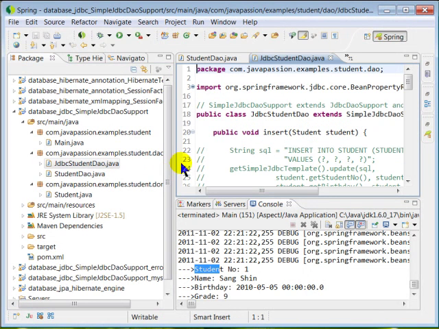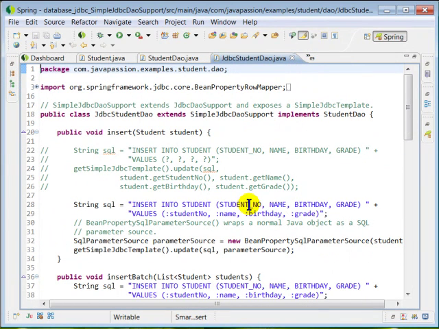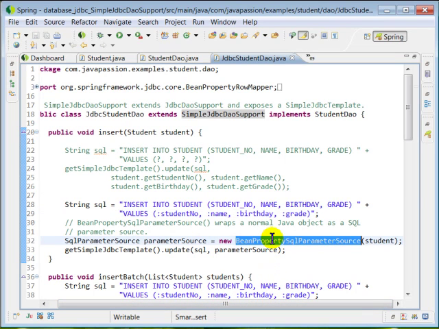Now we have a JDBC student DAO class, so let's see the code here. Here we have implemented the simple StudentDAO interface, and we are extending the SimpleJdbcDaoSupport class. Here we create this SQL statement. These are the named parameters: student number, name, birthday, and grade, right? And then, in this case, we are using the BeanPropertySqlParameterSource object, and this class is